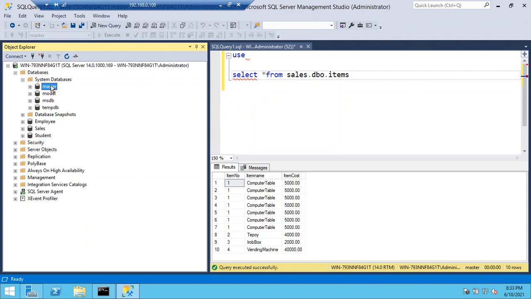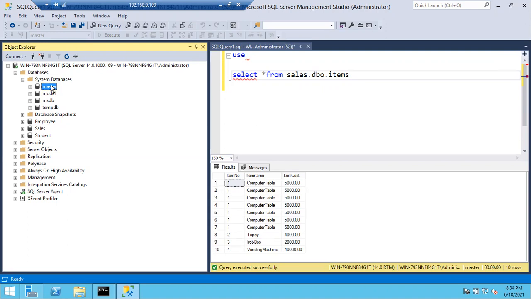Whenever you install SQL Server, you automatically get these system databases. No need to do anything, no need to create these system databases. Without these system databases, your SQL Server won't exist. It is very important, very crucial, like how our brain and our heart work. These are the brain of SQL Server. Everything related to SQL Server system information or internal information will be stored in these system databases.